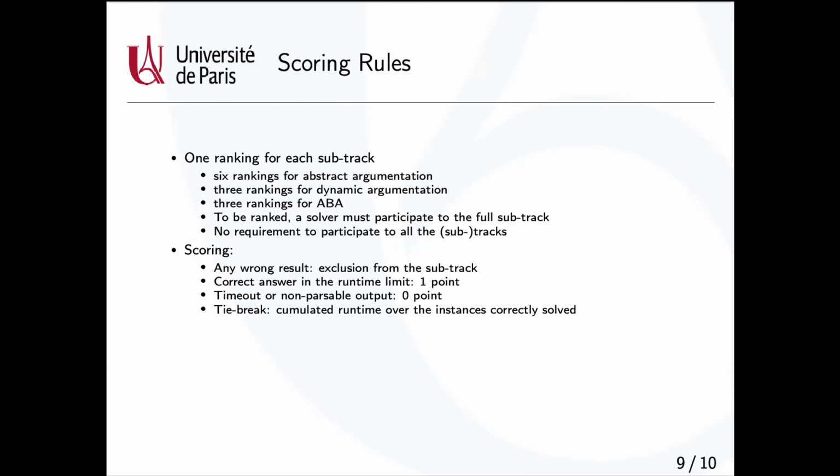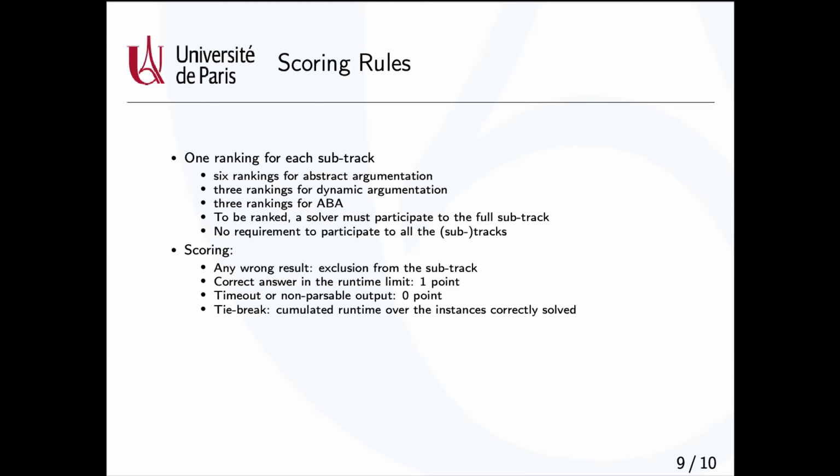Regarding the scoring rules, we will have 1 ranking for each subtrack, which means in total 12 rankings: 6 for the abstract argumentation track, the static track, 3 for dynamic argumentation, and 3 for assumption-based argumentation. If you want to have your solver ranked in a subtrack, it must participate in the full subtrack, meaning 4 problems, or 2 problems in the case of ideal semantics. But there is no requirement at all to participate in all the subtracks in a track, or even to participate in all the tracks. So feel free to submit a solver for a specific semantics